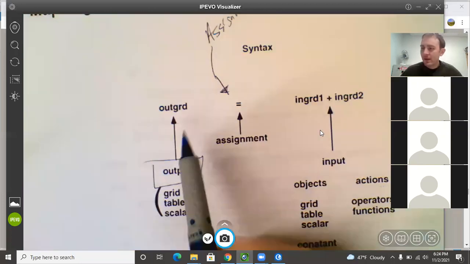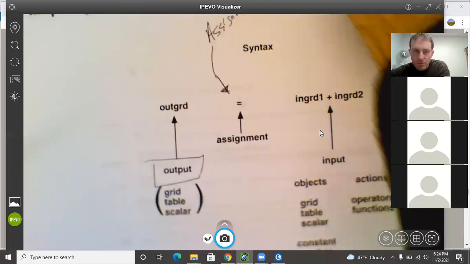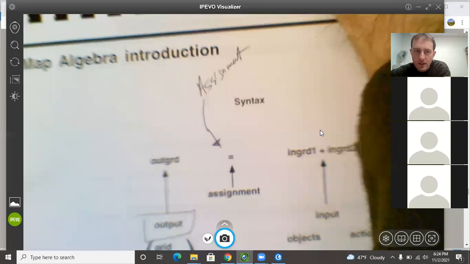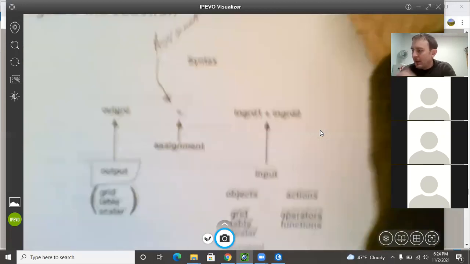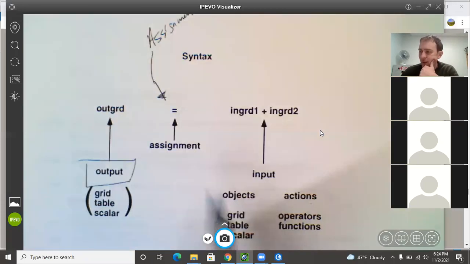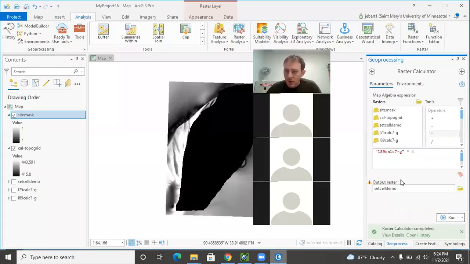So let's take a look at the map algebra introduction. We've done some of this already, so it shouldn't be a super big review. And if you'd had a chance to leaf through this, you should be in good shape anyway. But typical syntax, we've seen this in raster calculator, that an equal sign, it's not displayed in ArcGIS Pro, but when we really in Pro are setting up an expression,